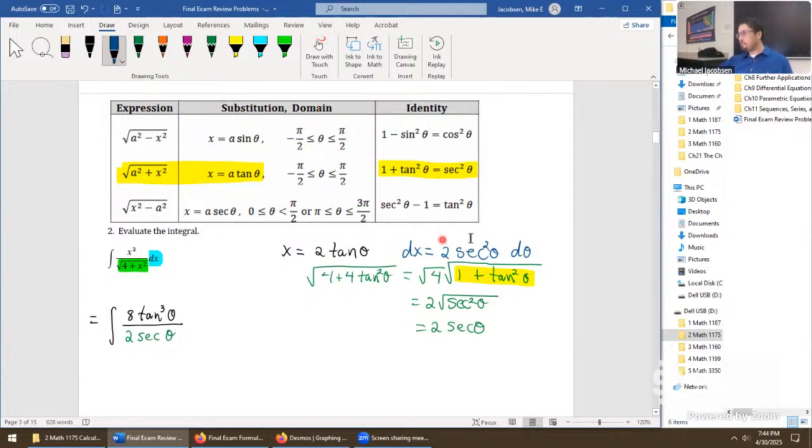And dx, because we took the differential, we can now just swap in all of this stuff, 2 secant squared theta d theta. Once we're at this part of the problem, it starts to resolve a little bit better for us. The 2 here cancels. Secant comes down to power 1 now. And so let's reanalyze this as integrate 8 times tangent cubed theta, secant theta,